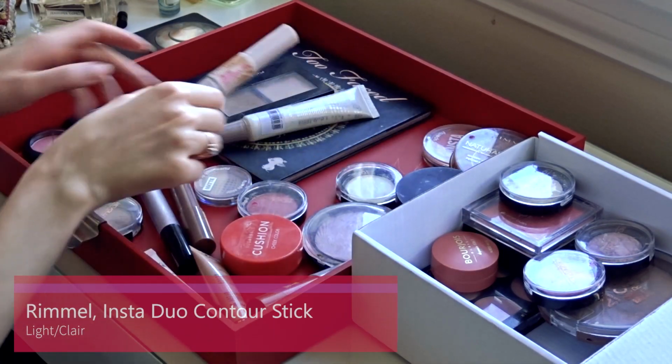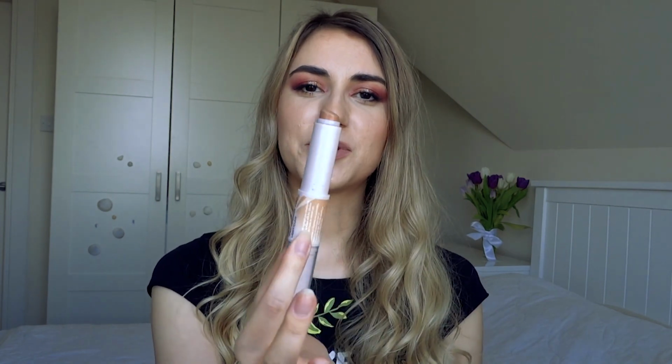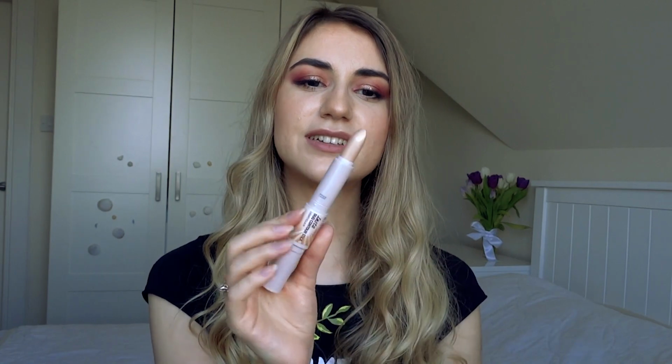The next thing we have is this Rimmel Insta Duo Contour Stick. You've seen me using this in my videos before, in my 2019 makeup routine. I've only bought this a few months ago. This expires 24 months after opening, so this is still valid, although I'm pretty sure I'm gonna finish it before that. It also has a highlighter on the other end, which I've never used, but it's a really good product, and this stays with me because it is my contour stick that I use every single day for my